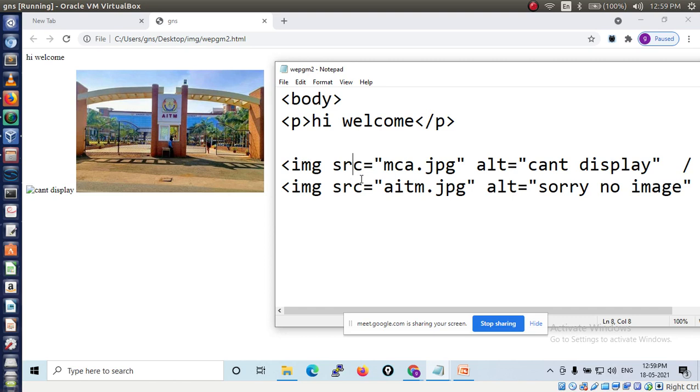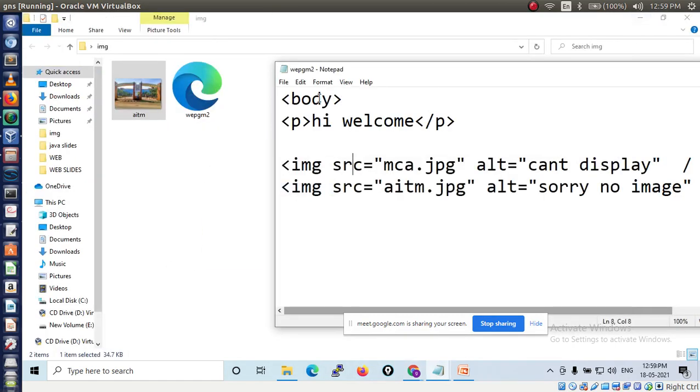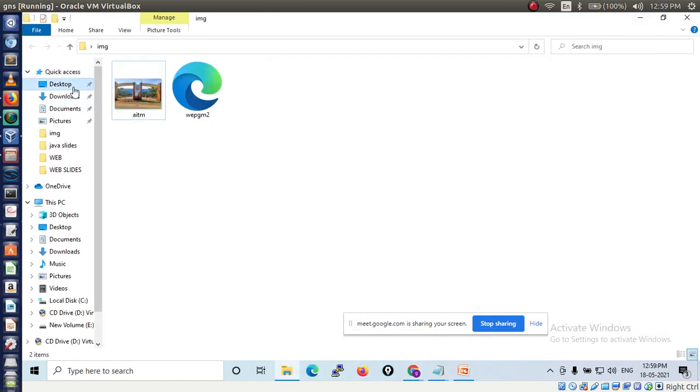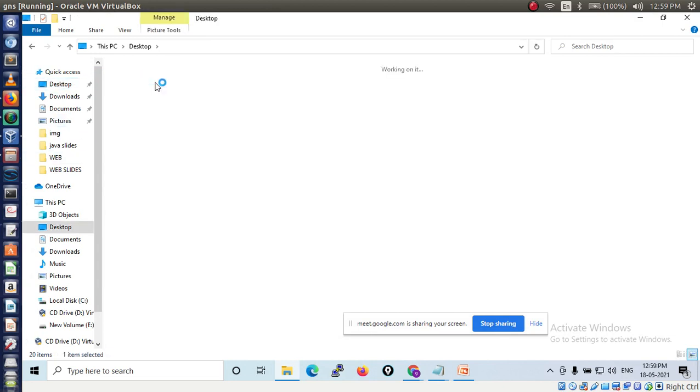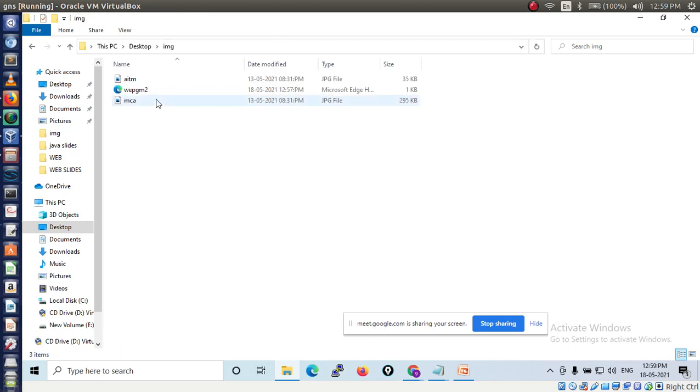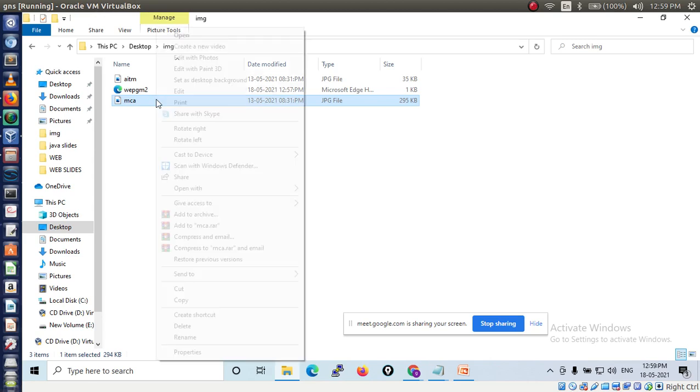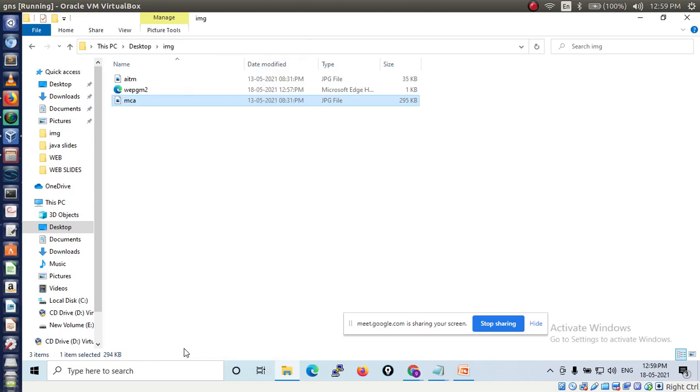So we will also display one more image. Let's see whether the MCA image is there or not. MCA is there. This file format we have to check.